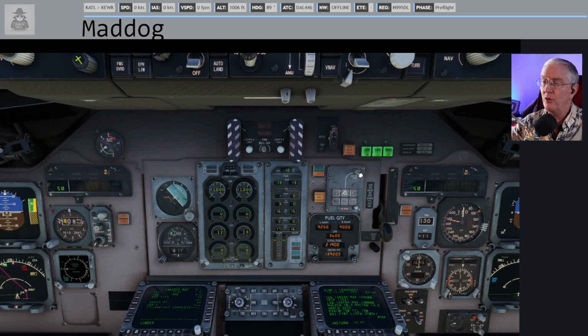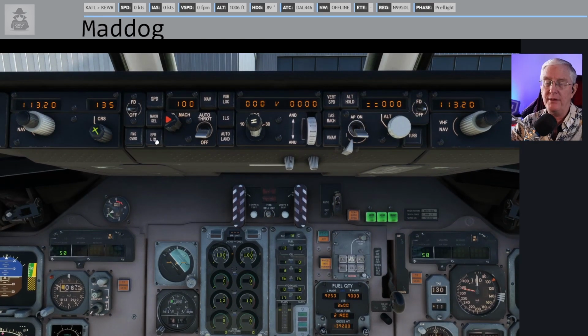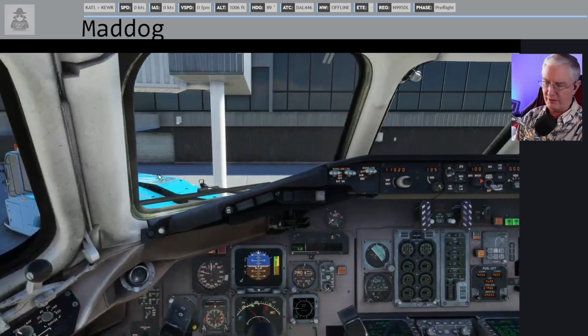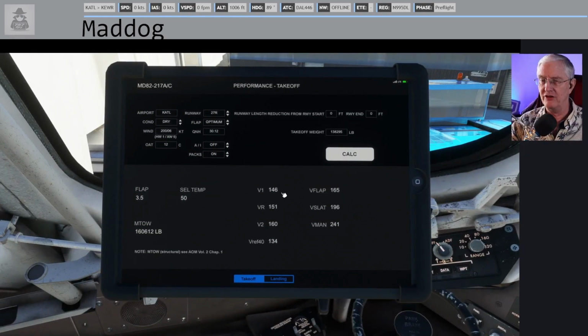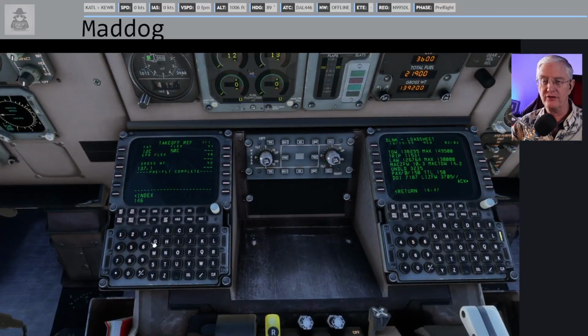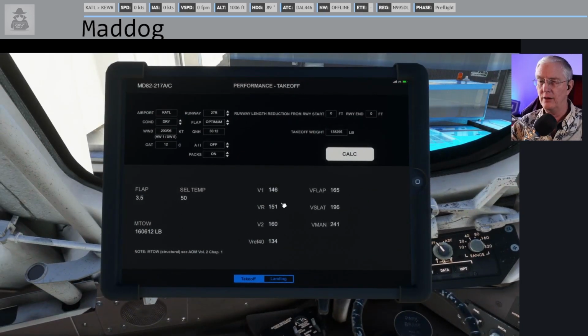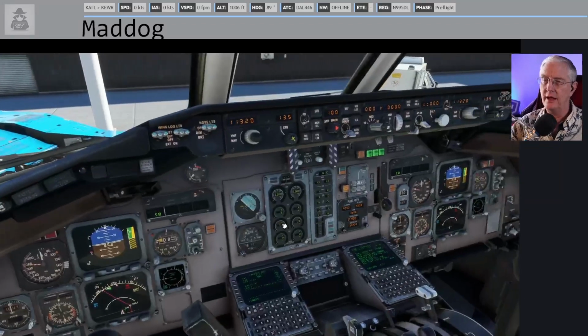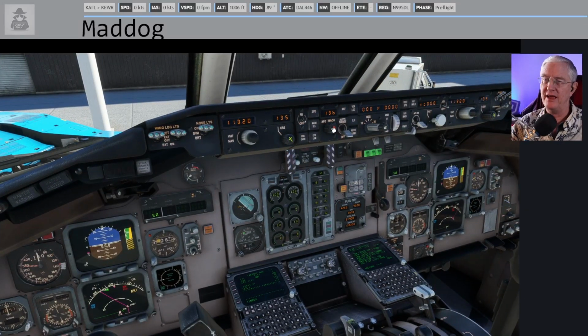This is also a point in time where I like to come up here and I hit my EP limit button. Otherwise I forget. Okay, and after that it's 146 and 151. So 146, enter. 151, enter. And then we're going to look up here, and then 146, 160. And I'm going to put that up here, and I'm going to add 10 to it. I'm going to make it 170. It's an old airplane, and the older the airplane, I like to add a little bit of speed there to my takeoff speed, and then we'll put